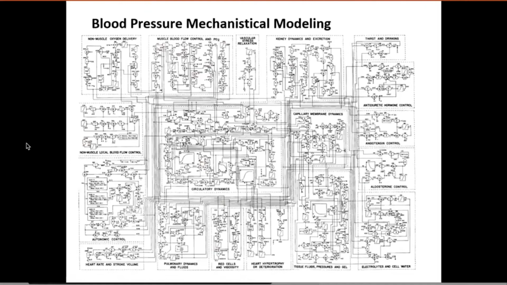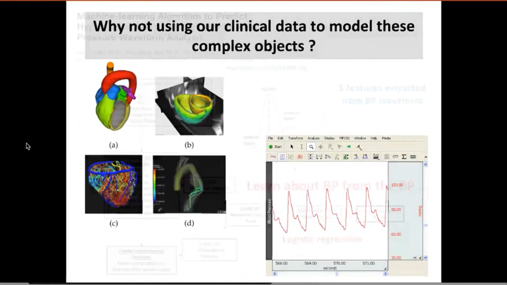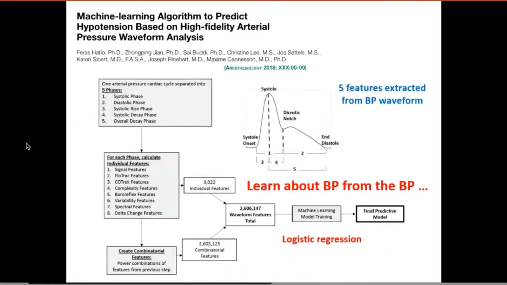Next slide. We're not the first ones to think about that, and I'm just mentioning here a nice paper that was published by our colleagues from UCLA, I think 2 years ago now, where essentially they applied this kind of idea, and they tried to extract some information from the blood pressure to predict the blood pressure. So it's a prediction, learning from the blood pressure to predict the blood pressure without looking at the rest of the patient.